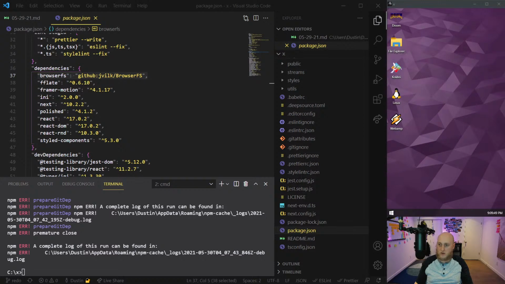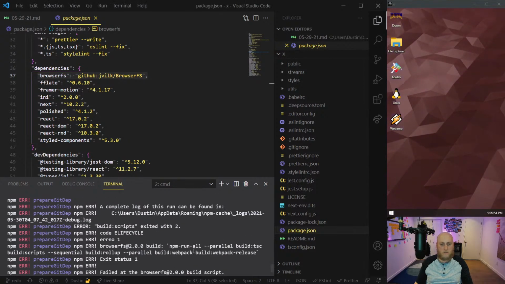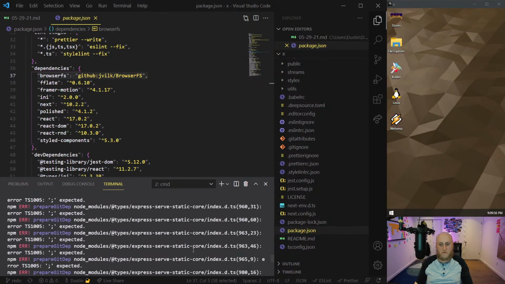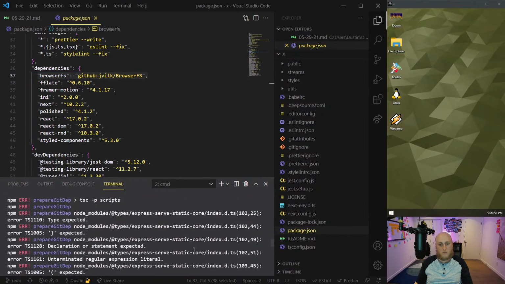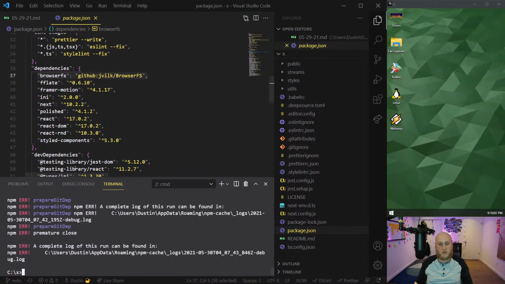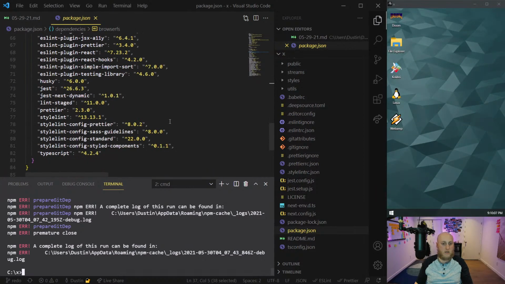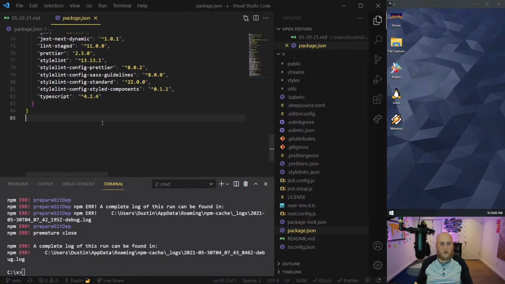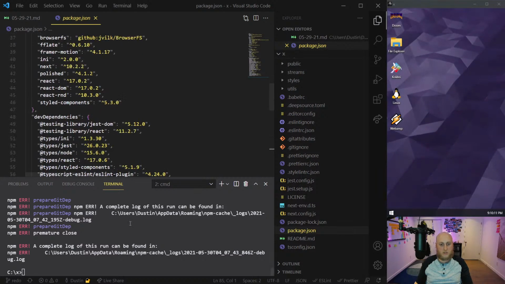Another thing from Daniel here: TypeScript complaining about syntax errors, semicolons and such. Yeah, the NPM updates have just been really messed up in a few different places. I'm actually having the same problem at work with our repos. It's a different issue, but it's the same thing. Like a lot of dependencies just breaking lately. I think it might be related to TypeScript 4.3. It is actually a big change for certain parts, so at least that's part of it anyways.